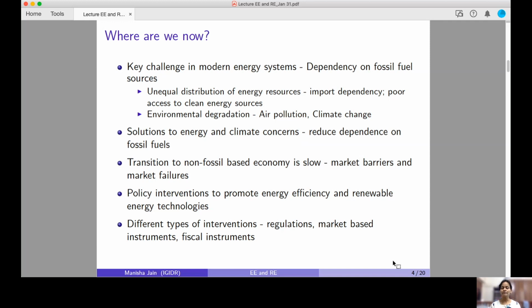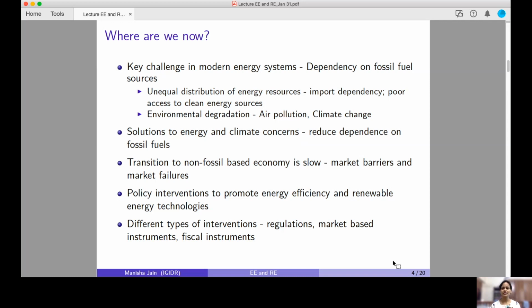Until a long time, I think if I look back, until around the 1990s, the bigger problem was with the import dependency, with access, with finiteness of fossil fuel sources. But as time progressed, and from 1990 onwards, we've realized that even if we leave some of the fossil fuels in the ground, we still can have a major problem due to climate change. So